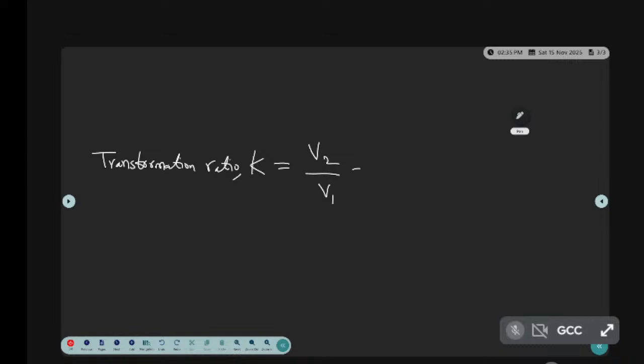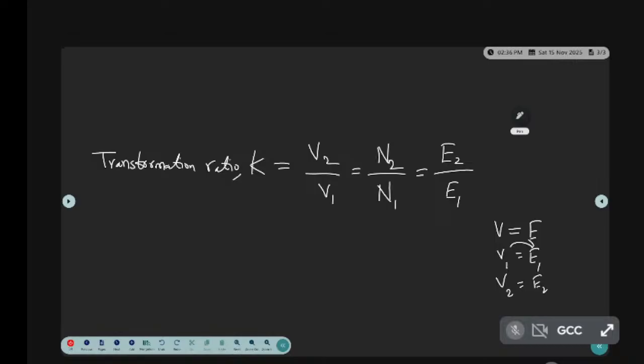It can be defined as secondary turns to primary turns. It can be defined as secondary induced EMF to the primary EMF. Why? Because in the transformer, if you neglect the drops, V is nothing but E. So V1 is nothing but E1, and V2 is nothing but E2. That's why you can write it directly. So V2 by V1 is equal to N2 by N1,